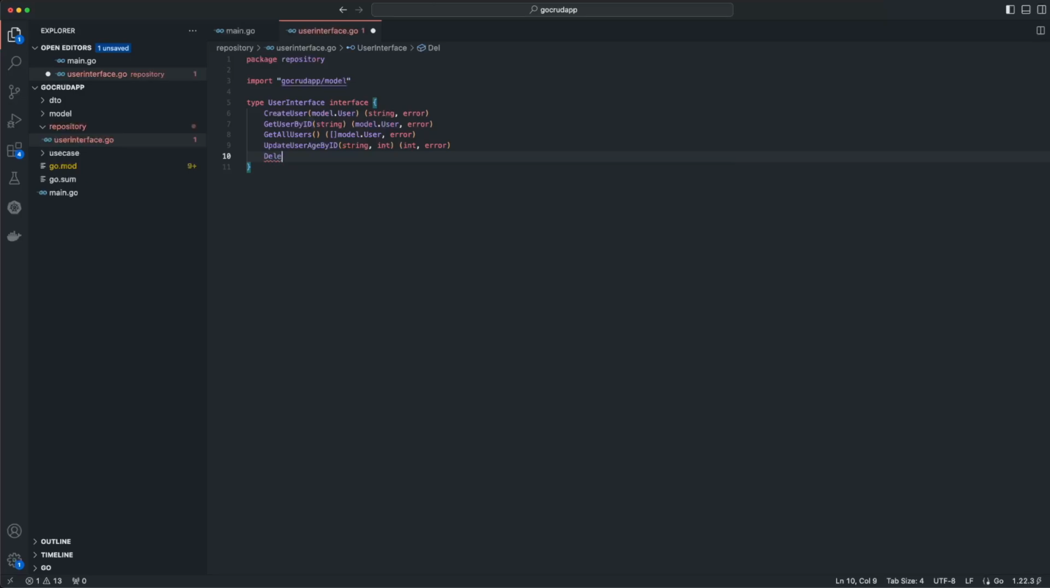Then we have delete user by id, so id is going to be string, int, and error, same thing, like how many records have been deleted, okay. And the last, delete all user, and it will not take anything, but it will return how many users it has deleted, okay. So this is the interface which we have created, and when we implement our MongoDB functions, these are the functions which we are going to override, or we are going to satisfy